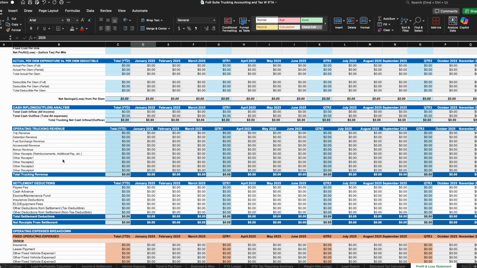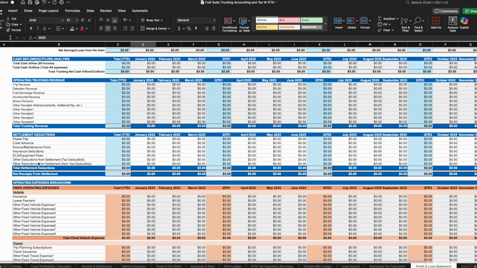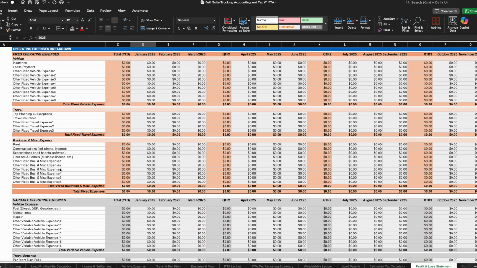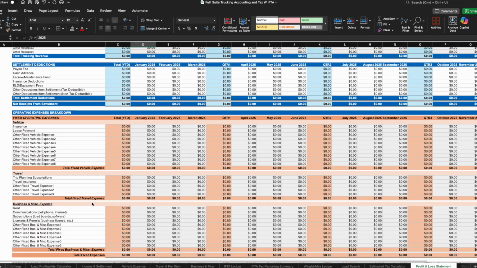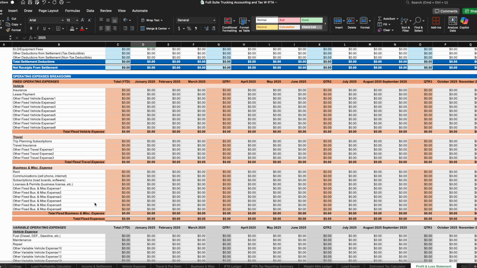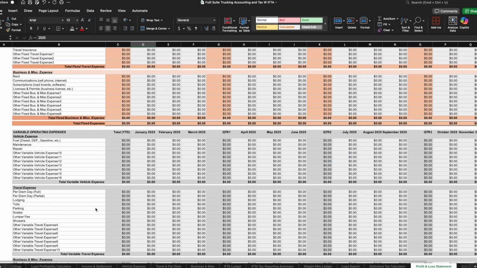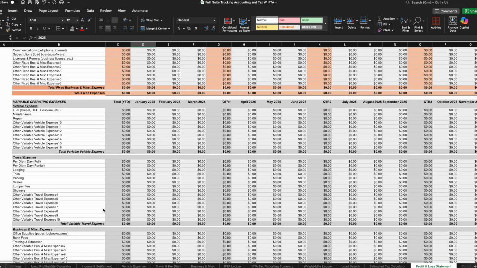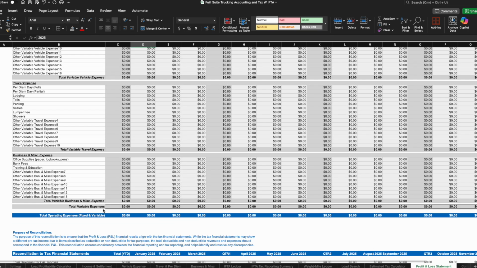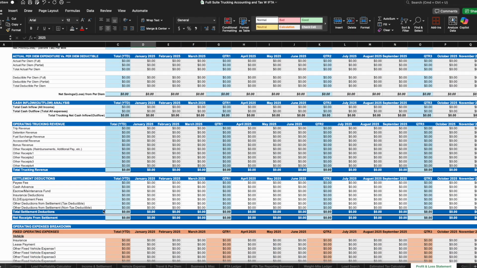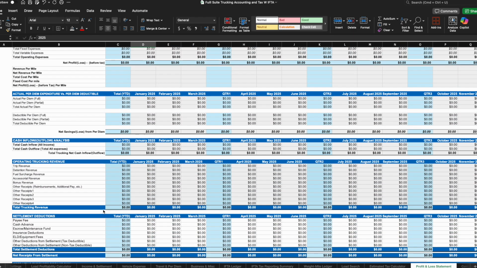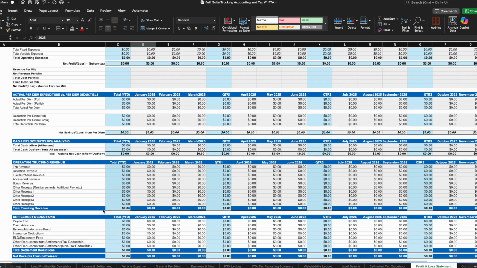So these are a breakdown of all the types of revenue, your settlement deductions, your fixed costs and variable costs. The reason you want these costs broken out is so you can see which costs you can control, right? Can you increase or decrease these costs so that you can increase your revenue? That's why having fixed costs and variable costs is very helpful in a trucking business, so you can see which costs you can control and which costs you can decrease further, so then you can increase your revenue and